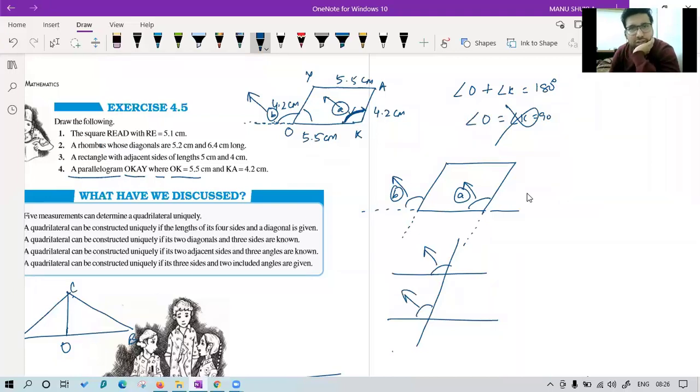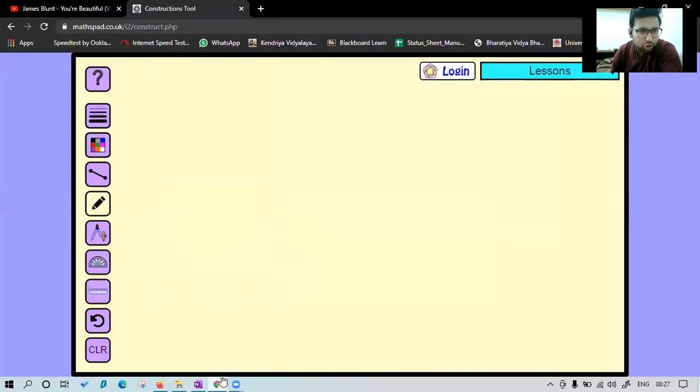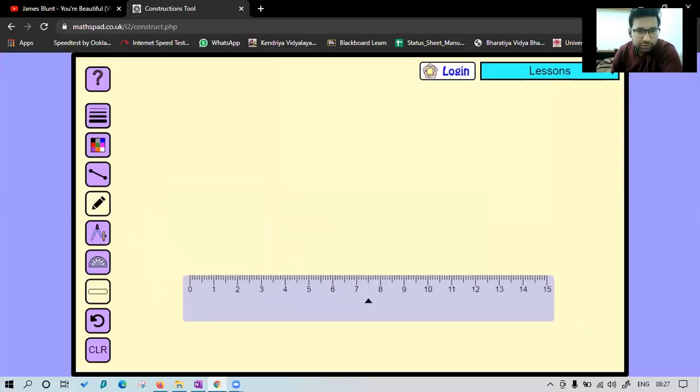We need a protractor of our choice, because this angle is not given to you. You have to make any angle. So we can go with 60 also if we want, and we can go for any angle. Let's try with 60 first. Let's see what happens, because we have to start with some angle. We cannot find this angle in any other way.